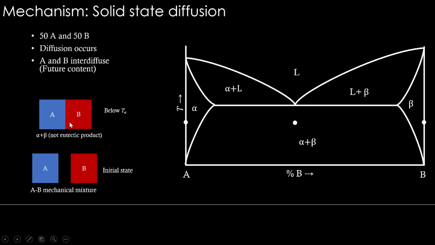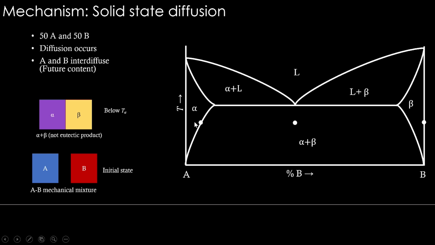So that happens at this temperature, and alpha and beta phases will eventually appear, but not through the eutectic reaction. You see the purple phase and yellow phase; they will form because some B dissolves into A and some A dissolves into B, so we can say that this is the alpha phase and beta phase. So alpha plus beta is not a eutectic product now. It has not formed by crossing this horizontal line from the liquid state. It directly formed at this temperature from solids in the solid state, so there is no point of crossing this line here.